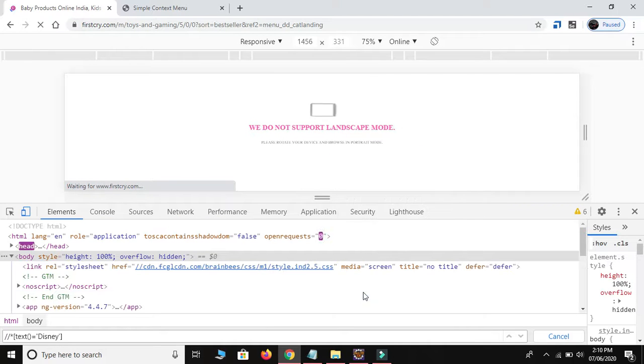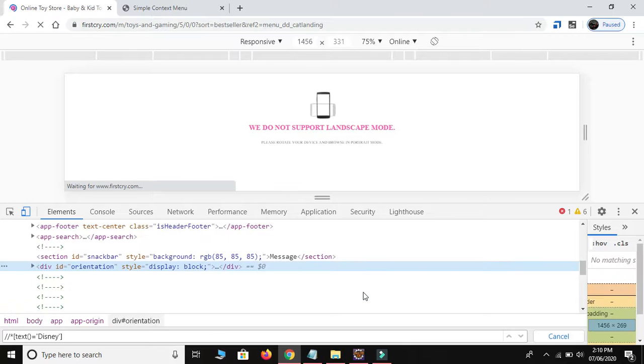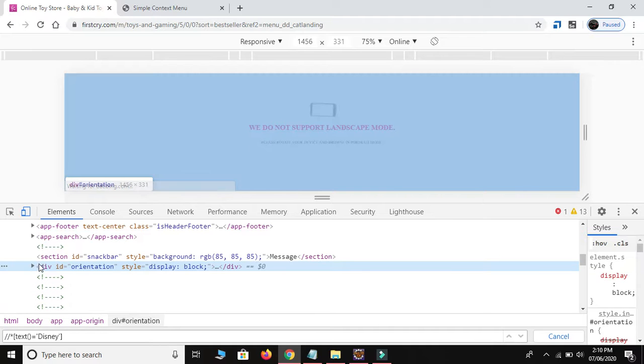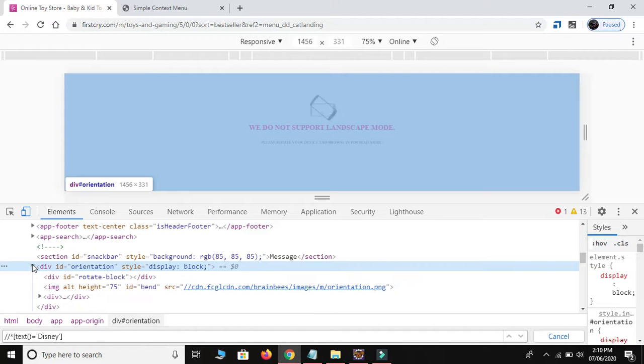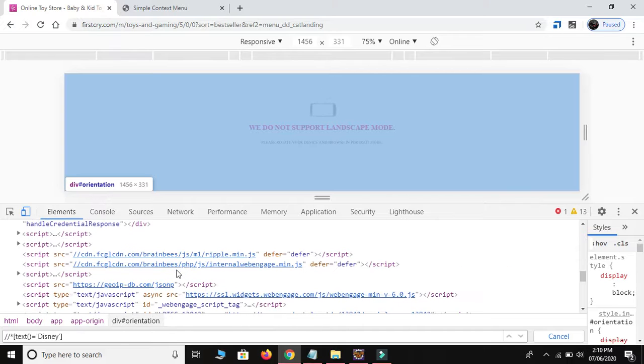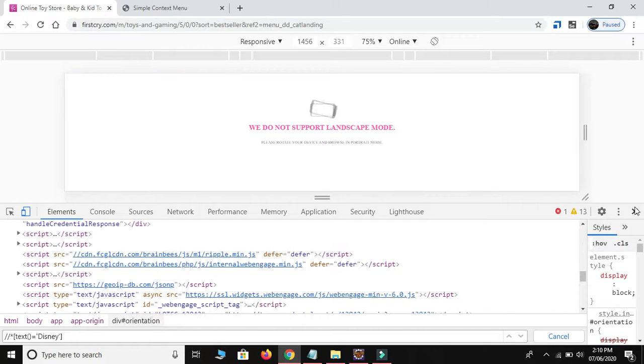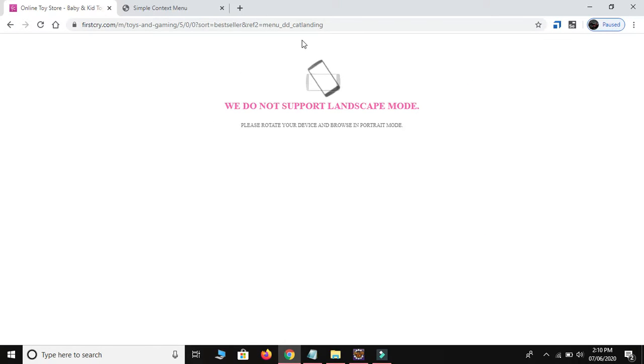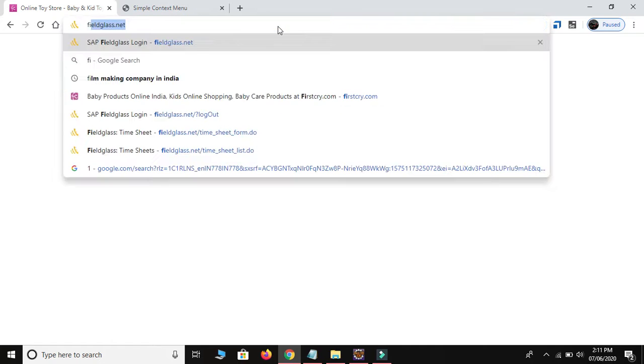Just click on this inspect. Okay. Let me inspect this one. It doesn't allow me. Okay, let me close one more time. I will launch firstcry.com again.